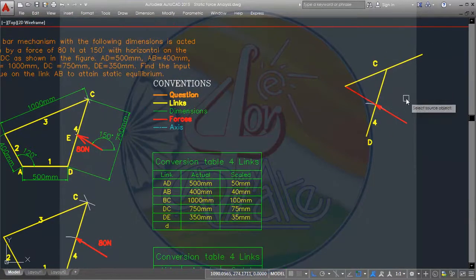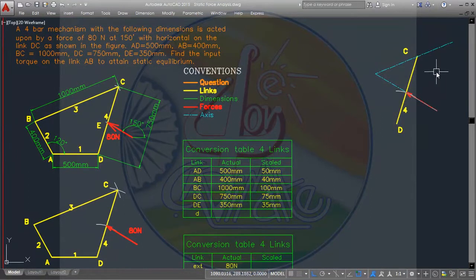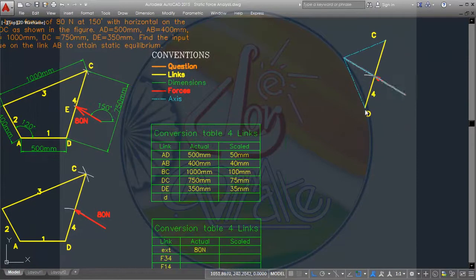We are doing this just for construction purpose. Then finally this join here. Fine. So these lines are giving us the directions of the reactions, not the reactions themselves. Yesterday that's the mistake we made. We took this as the force itself. This is not the force. Using this, we have to prepare the force triangle.